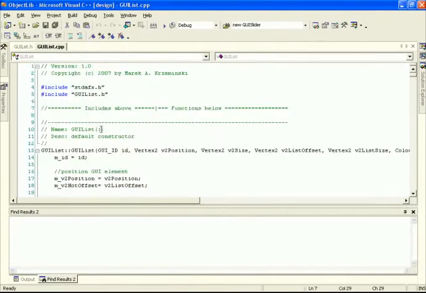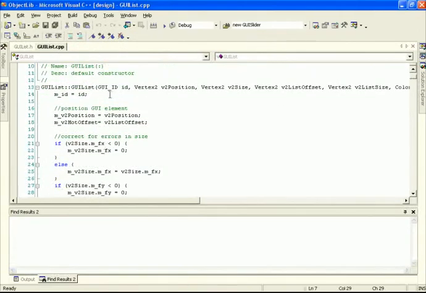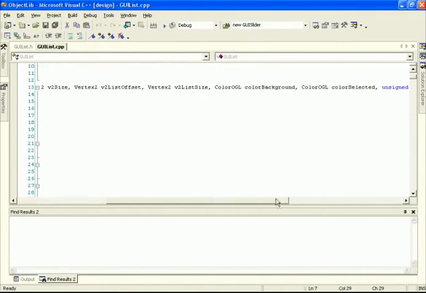Let's start off with the constructor here. We're passing in the ID number, the position, the size, the list offset, the list size, the color of the background, the color of the selected item, texture ID, and UI max size. Finally, after we get all these parameters, we then go and say that our GUI control is going to be a GUI_list. So before I forget, what I'm going to do is just take this guy here, and we'll need to go inside of